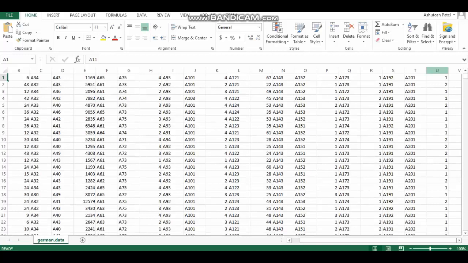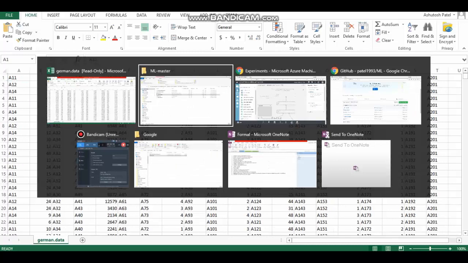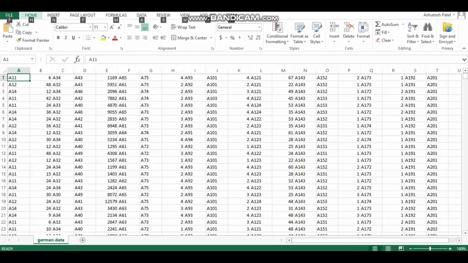And here at the last column you can see the outcome. If it is 1, then it should approve the loan. If it is 2, then it should not. Also, one thing you notice here, this dataset does not have a header. So we have to put relevant headers to this dataset, and that we will do in pre-processing.